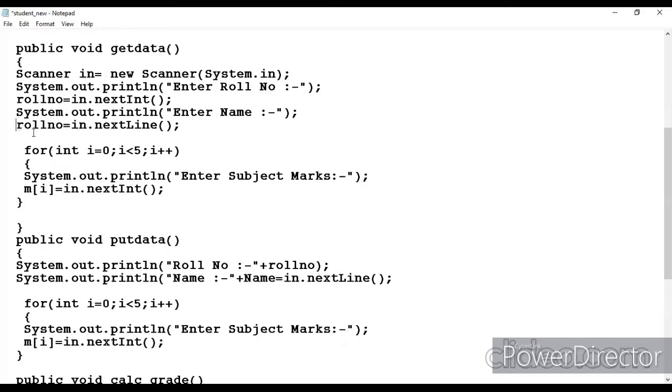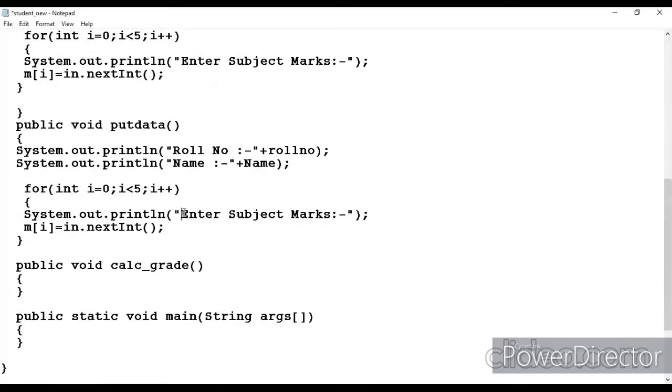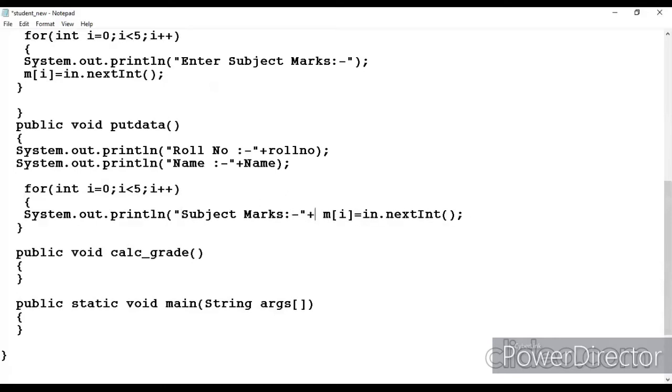In this also I have made this mistake. I have to change this name. So displayed. Now I want to display the 5 subject marks, so subject marks plus M[i].